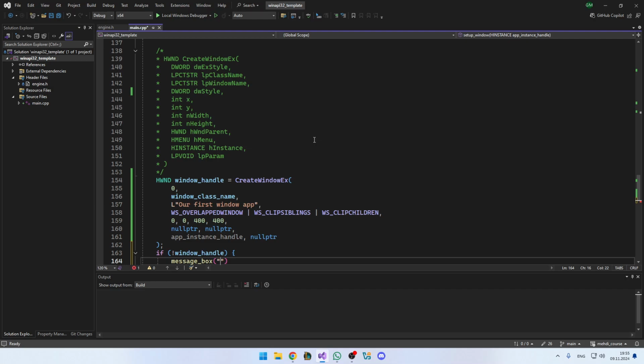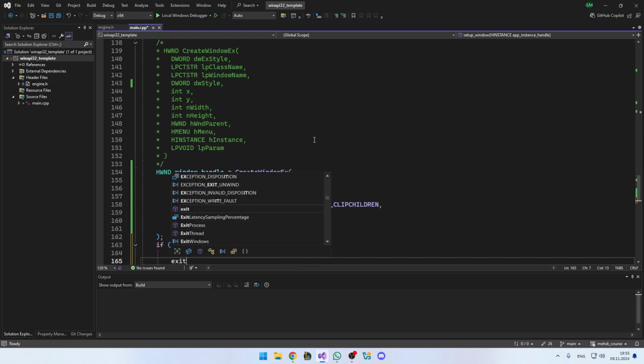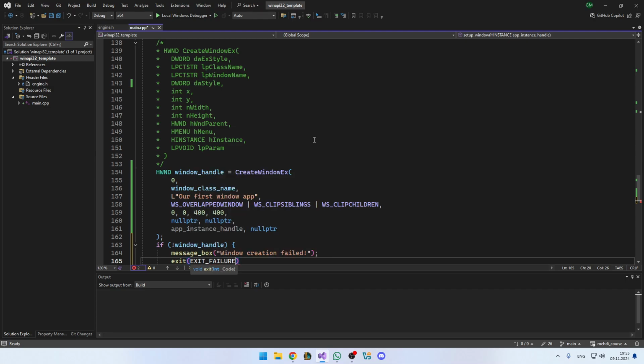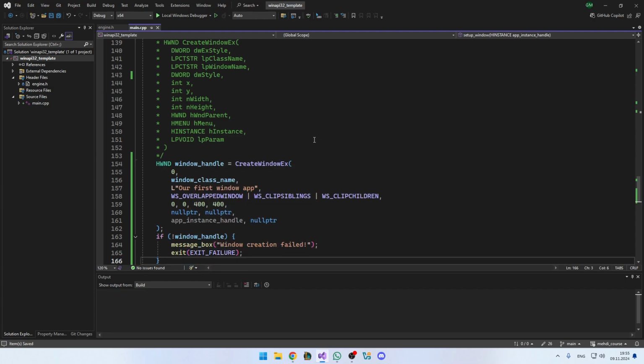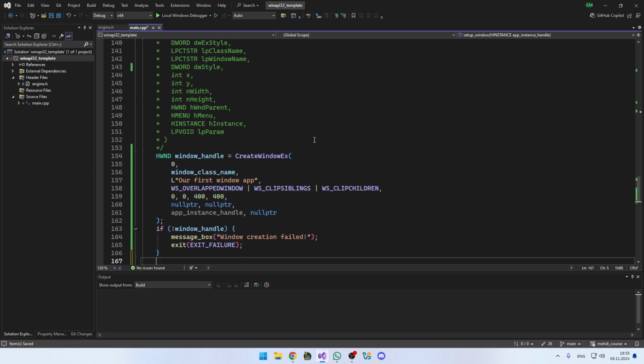Okay, so window creation failed, something like that, and exit failure without much more debugging. Okay, now we are sure that the window handle is the handle to the actual created window, but the created window is not, even if successfully created, immediately visible. And we have two options to